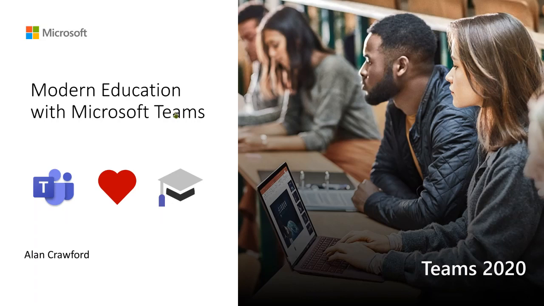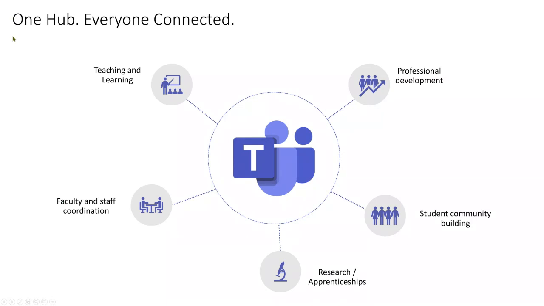So Rosie's just gone through how we structure licensing and how that can work, and then once you have achieved that, then we can start to talk a little about how it can affect people in education and also working to help students achieve, particularly in the different times we find ourselves in right now, with many people working from home, many people or students even isolating and learning from home, and how that can help as we move forward. So what I'm going to do is probably spend about 10 to 15 minutes or so just talking a little bit about how we might look at using Microsoft Teams.